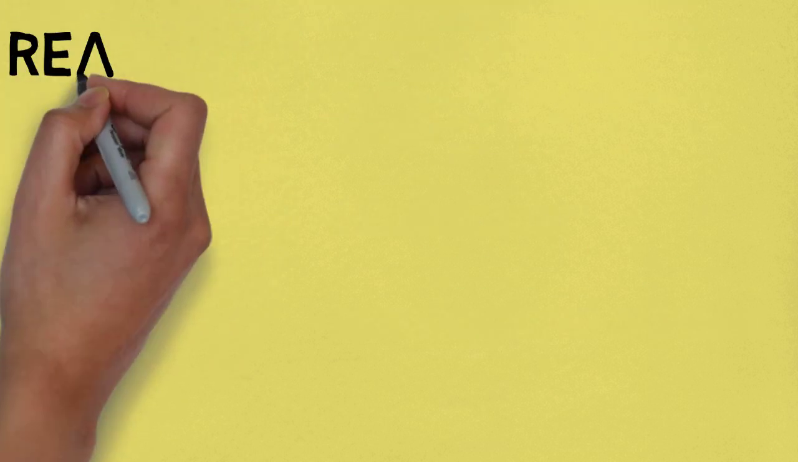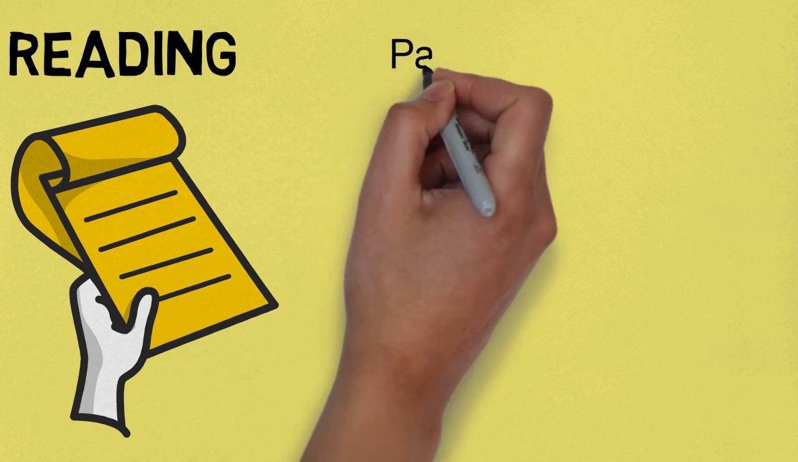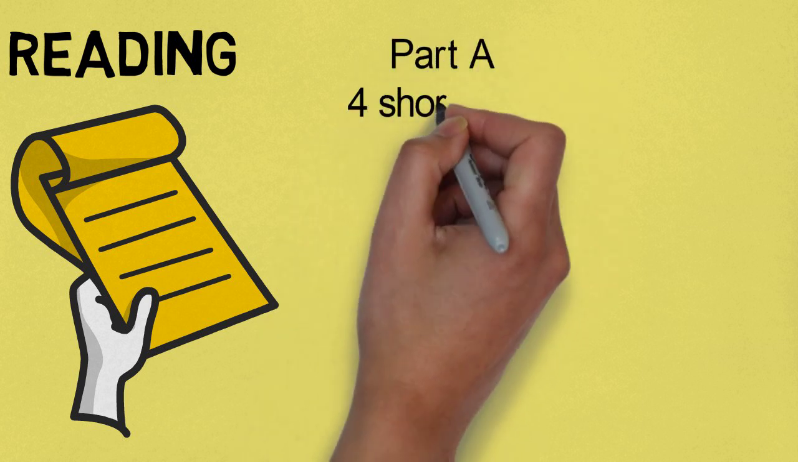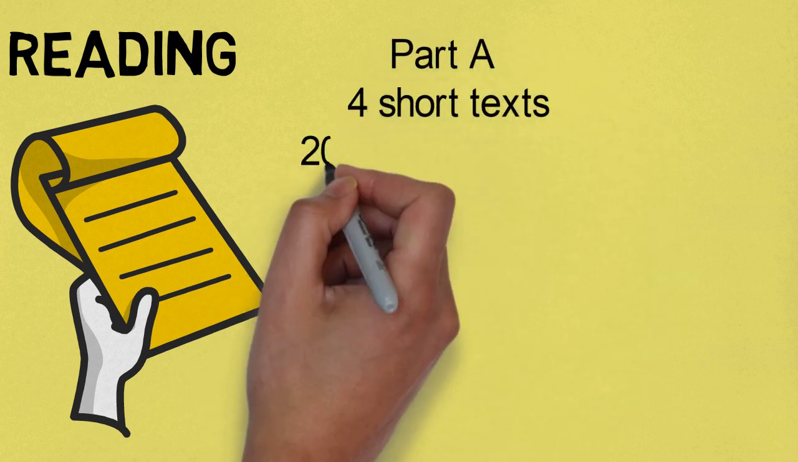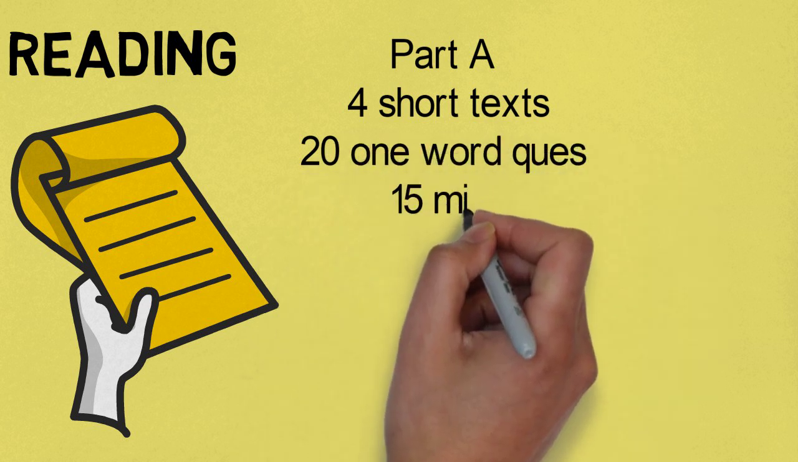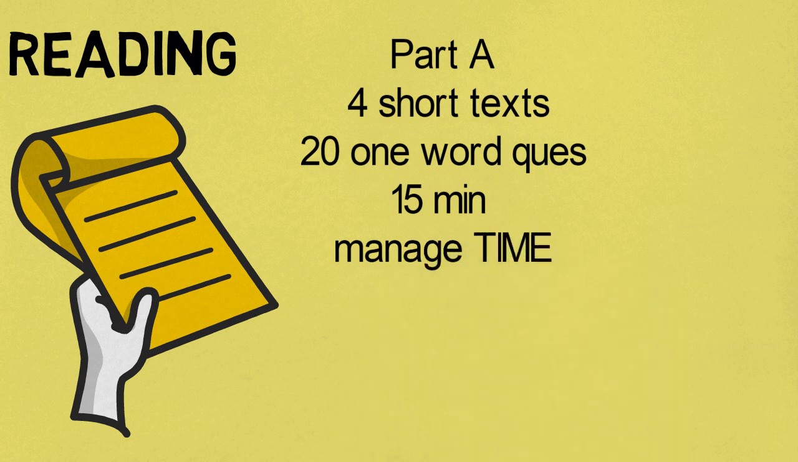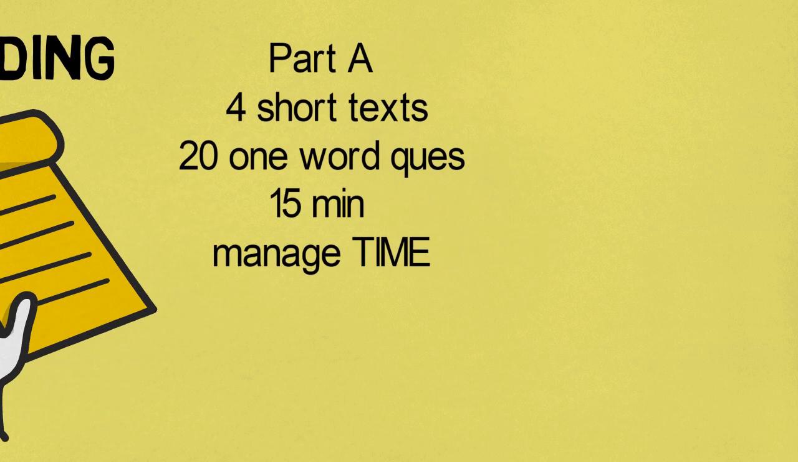Next will be the reading subtest, which is of 60 minutes duration in 3 parts. In part A, it is an expeditious reading task. You will be given 4 short texts and you have to answer 20 quick questions based on these texts. Now, you have to be very swift as this part is to be finished in 15 minutes and the paper